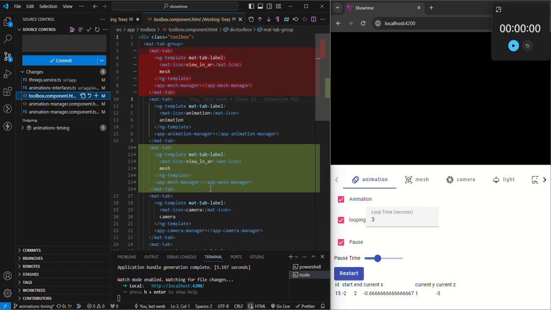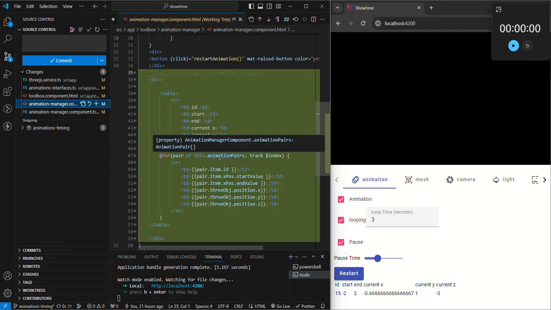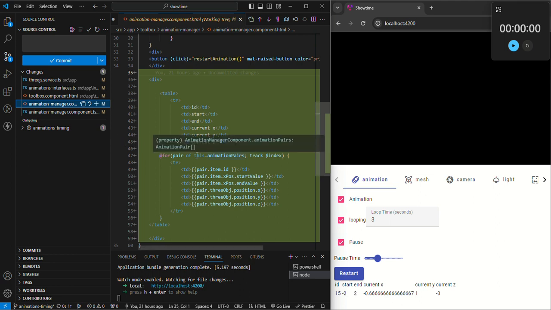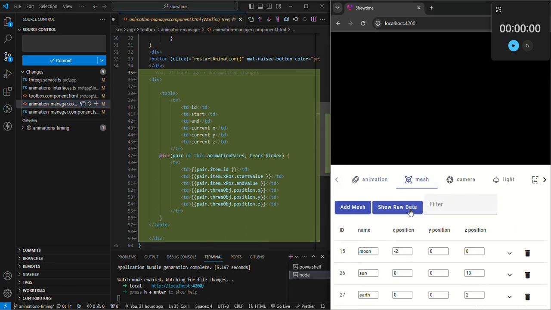So in the toolbox, all I did was swap it around so animation was first, because this is mostly what I ended up needing to play around with while I was developing. Added this table in here. This needs to get moved into its own component, so that over here it just says animation table, and this is actually where you're going to be able to change the end. Right now there's no way to change the end value. All there is, is a way to look at the end value, and that brings up something I never really thought about, and that is in the mesh,